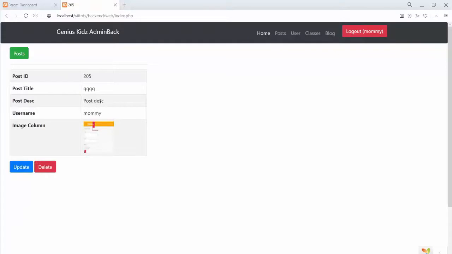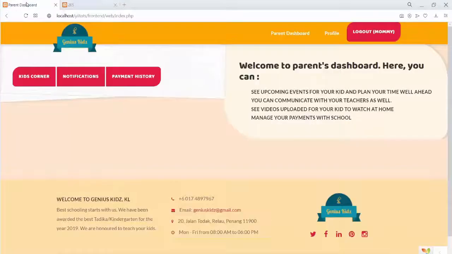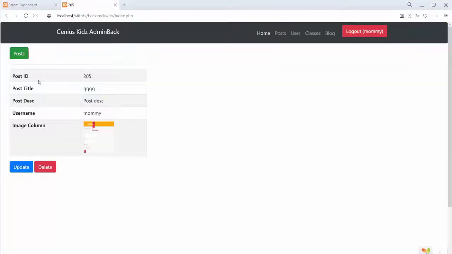You can see that the post description is changed already. So this will be reflected in the kids corner for the parent. So you can update also any post that you did, or you can put a new post itself by doing a create the post. You can delete this as well. This is a wonderful feature, right?